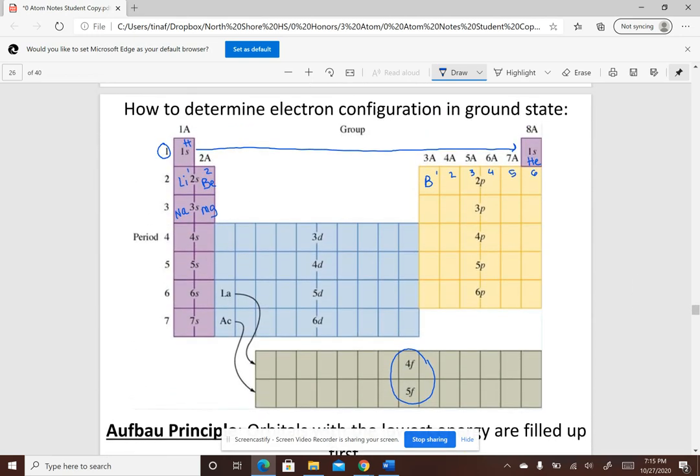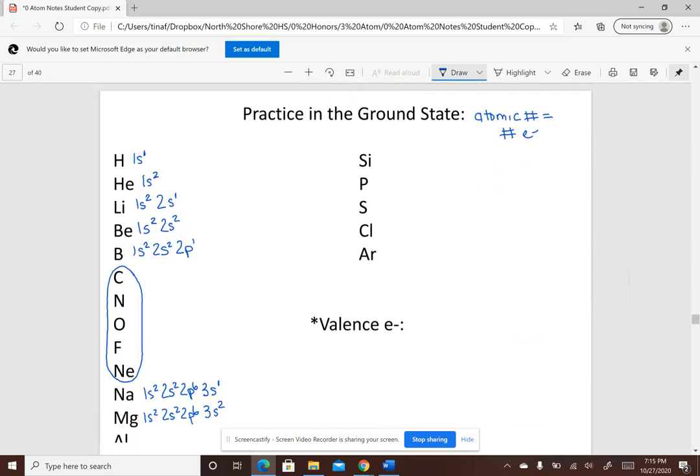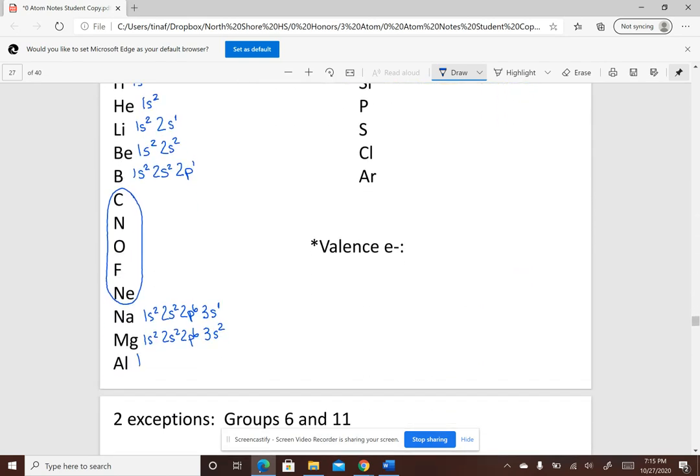Aluminum, now that my s block is full, it can only hold 2 electrons. Now I'm jumping over here to aluminum. So I'm still in the third energy level, but now I'm in the p block. I'm going to start filling in the p block electrons. So for aluminum, I have everything that came before it, 2p6, 3s2, and now I'm over on the other side. So I'm in the 3p block, but I'm in the first spot. So there's 1 electron there.